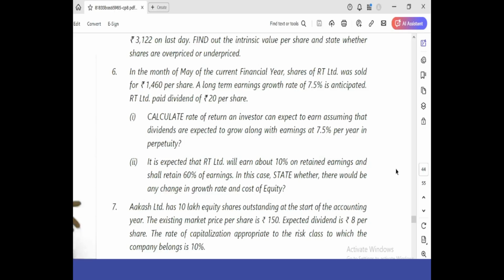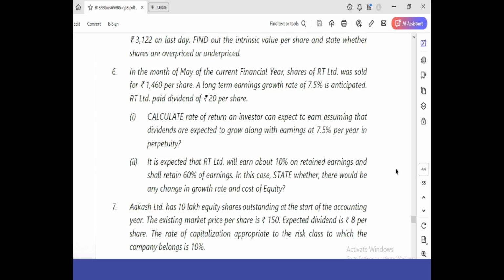Okay, so now let's go ahead and take on another example on dividends. It is a question from your study mat. Here we go with the question. In the month of May of the current financial year, shares of RT Limited were sold for rupees 1,460 per share. So that is supposed to be the current market price. So you can say P naught is rupees